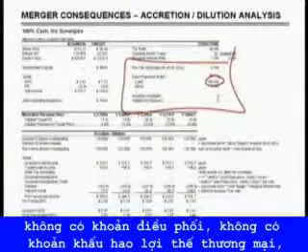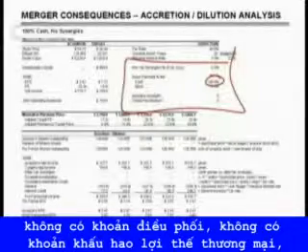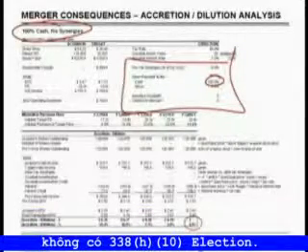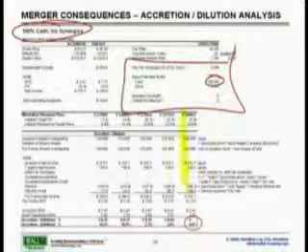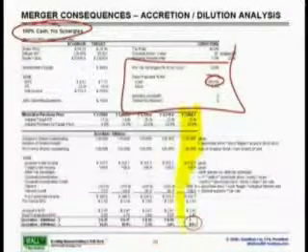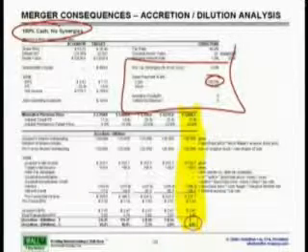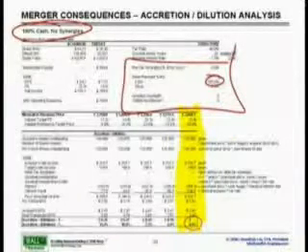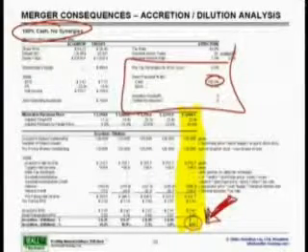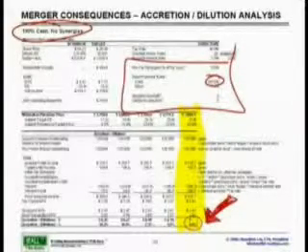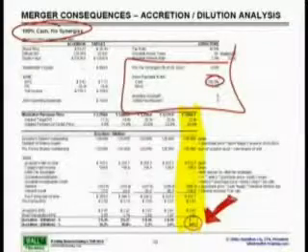No synergies, no goodwill amortization, no 338, 100% cash, no synergies. And therefore, it just so happens that at exactly 3804.1, whatever that number is, I am at exactly 0 accretion dilution. How? This is